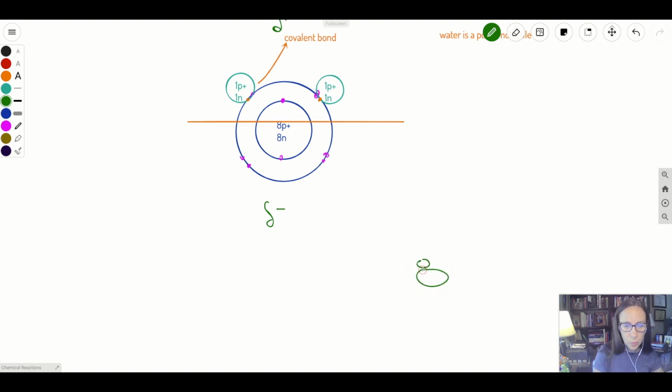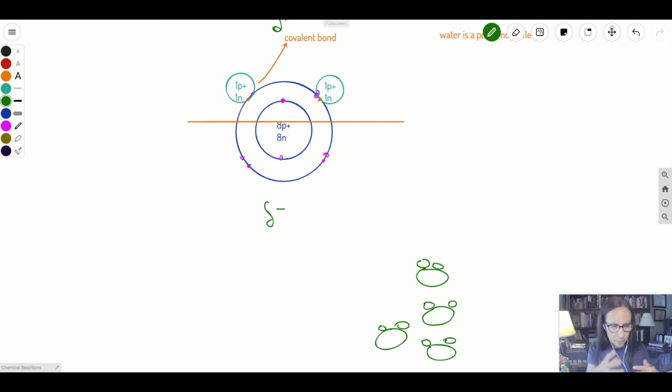So here's one Mickey Mouse head. Here's another Mickey Mouse head. Oops, that doesn't look like a Mickey Mouse head. Hold on. That is just not good. Okay, so we got the Mickey Mouse head and the Mickey Mouse ears. Okay, Mickey Mouse head, Mickey Mouse ears. I'm going to put Mickey Mouse head here, Mickey Mouse ears. Okay, so what I want you to envision is in a cup of water, you have all these water molecules